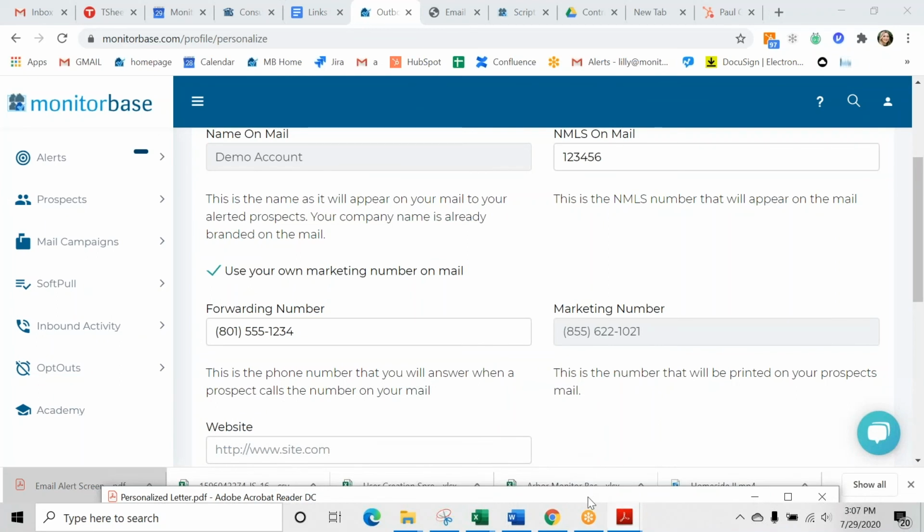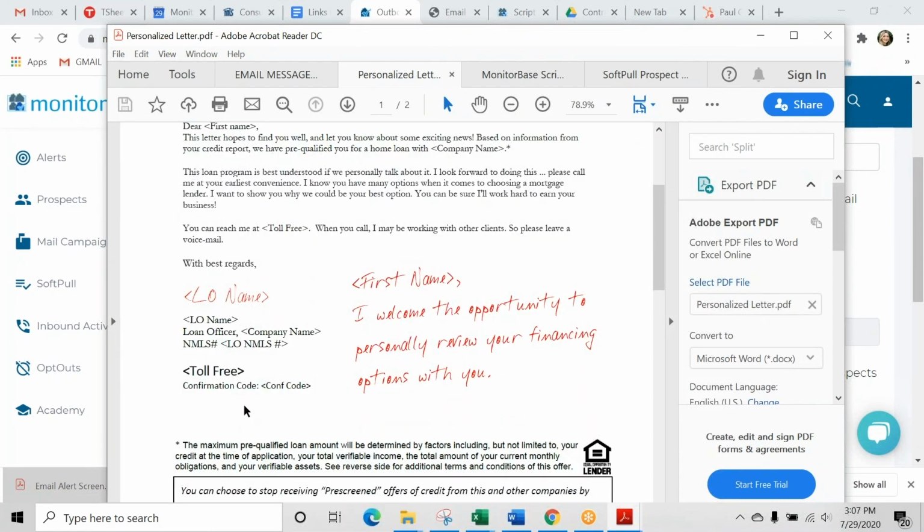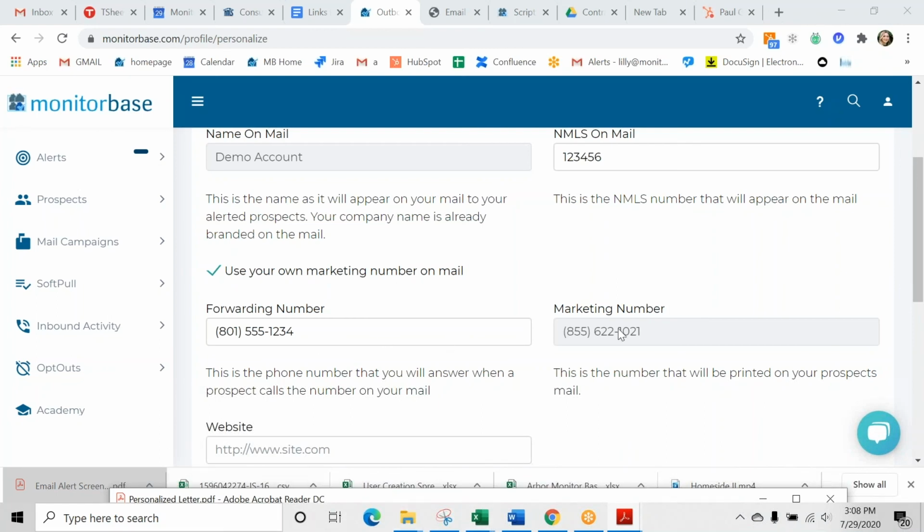As I mentioned on the email offer or the letter, let's see if I can pull this up again. On the letter that your client receives, it has a number that's printed. And this number is never going to print as the branch or your cell phone number. It's always going to be one of our marketing numbers. So the default on anybody's account that is created is to have all of your letters printed with the branch's marketing number that forwards to the branch's phone number.